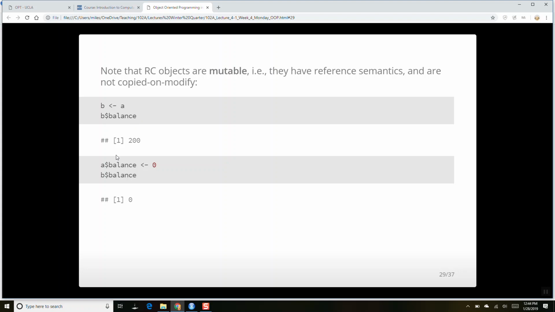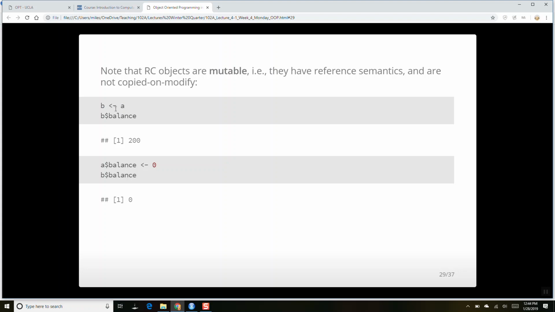So when I change the balance in this account to 0, and I ask what is the balance in a, it's going to say 0, and what's the balance in b, which also points to the same account, it's also 0, right? Everything else in R, when you say take a and assign it to b, these are not copied.